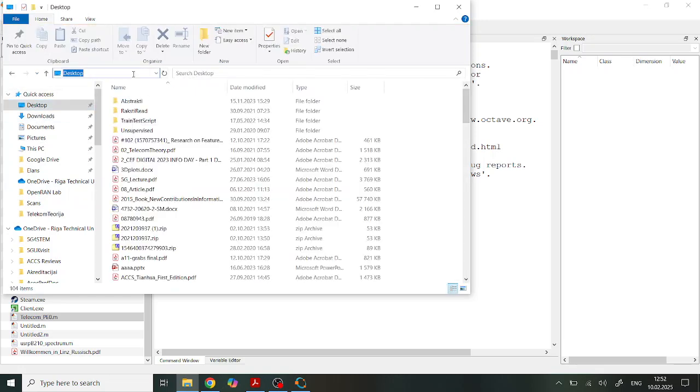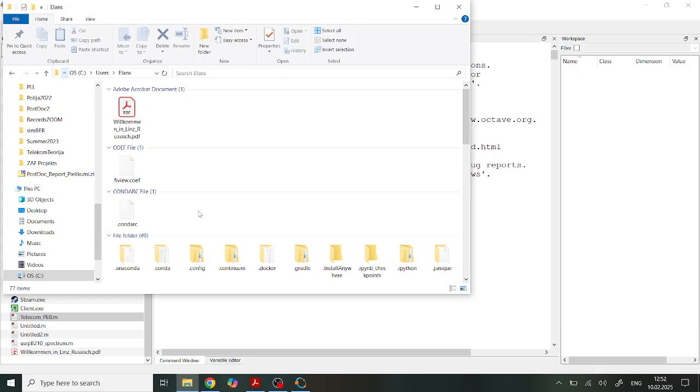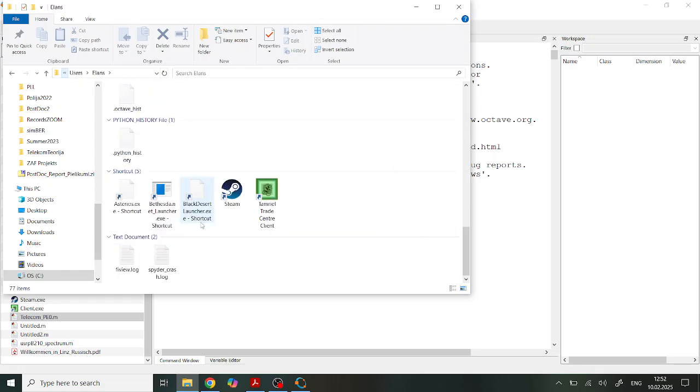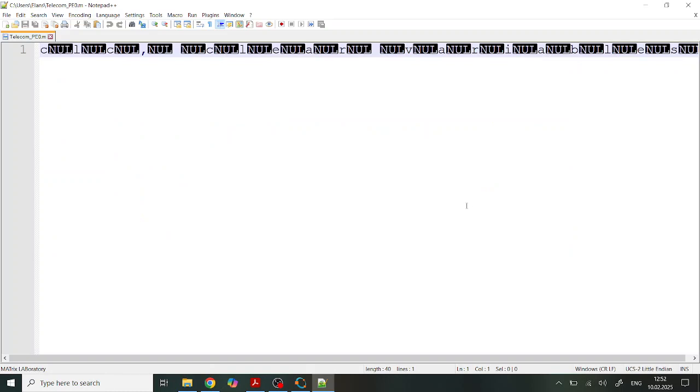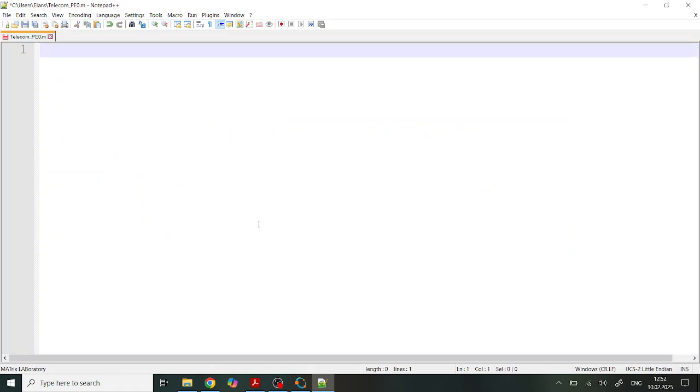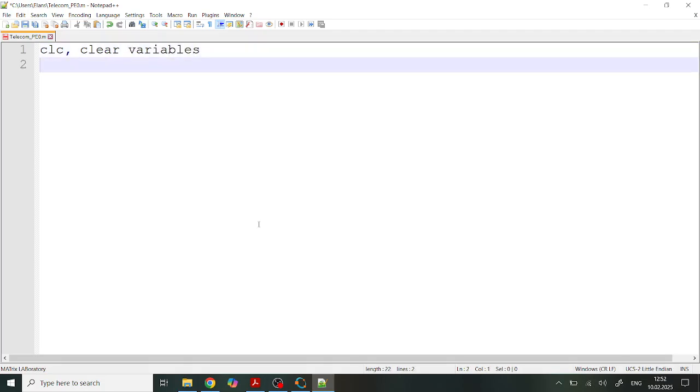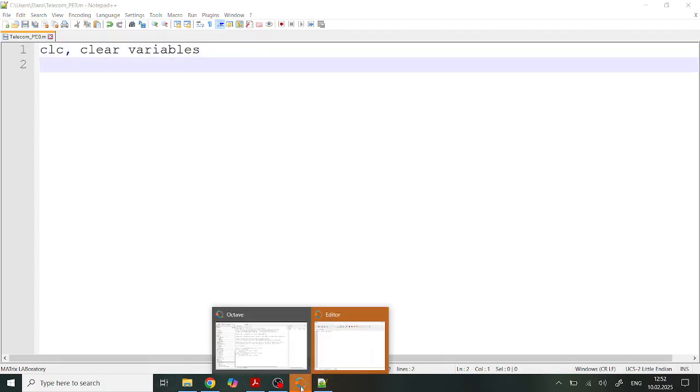I want to open it in an external editor, some Matlab files, so telecom practical exercise 0, and see what's in there. Oh yeah, so as you can see, it's some funny stuff there, which I'm going to delete. Clear variables. And if I try to run it now,